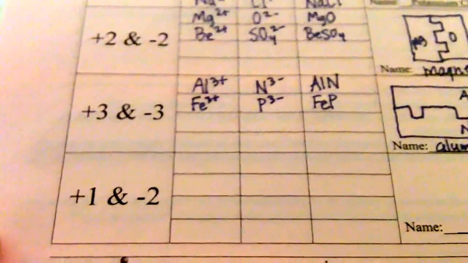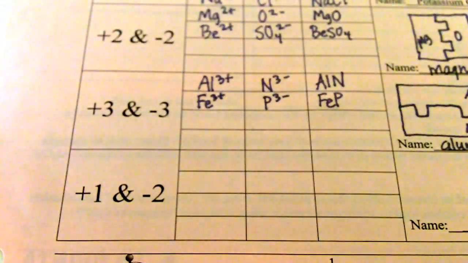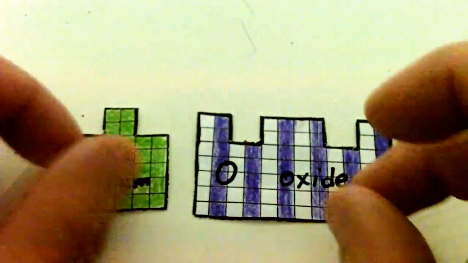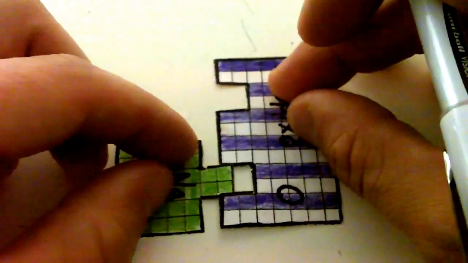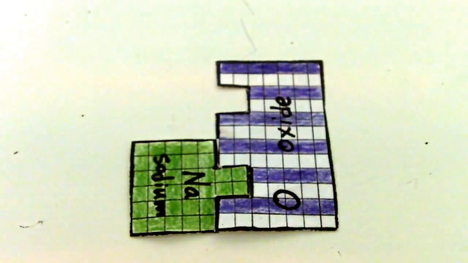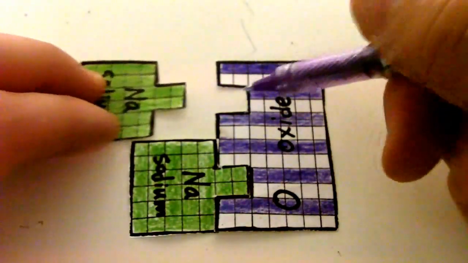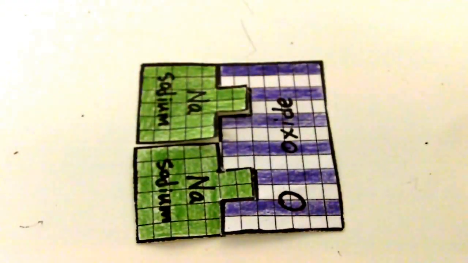Our next charge combination is +1 with -2. So here we have sodium to reflect our +1. We'll use oxide to reflect our -2. And in putting these together, we can see that one sodium's tab fits into one of the slots of a total of 2 for the oxygen. So we're not done yet. There's still a -1 hanging out right there. That -1 attracts a second sodium ion, not just one ion, but 2. So then when we transfer this into our +1 minus 2 combination,